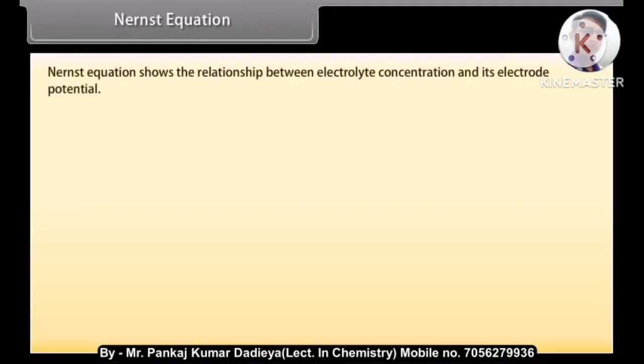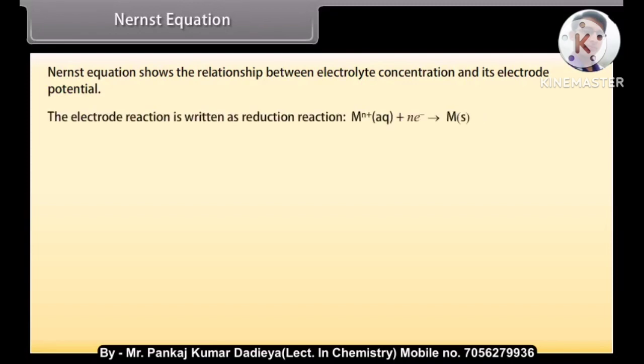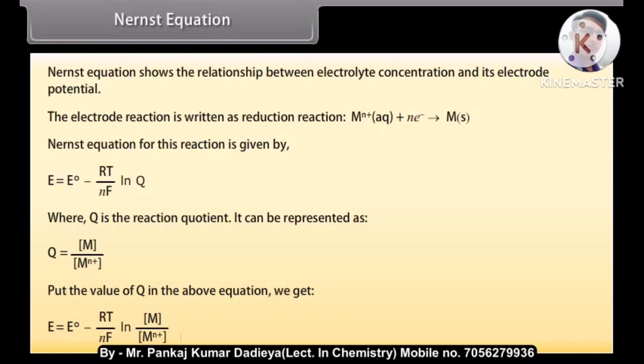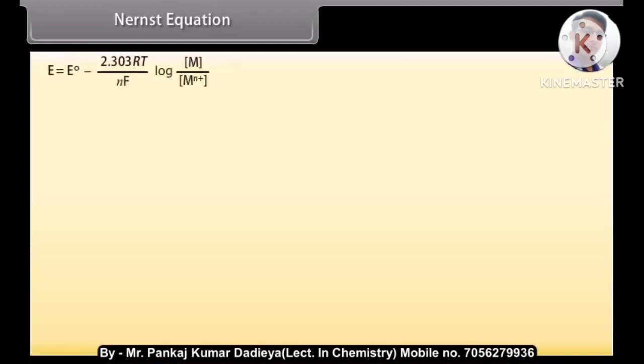Nernst equation. The Nernst equation shows the relationship between electrolyte concentration and its electrode potential. The electrode reaction is written as a reduction reaction. The Nernst equation for this reaction is given by E is equal to E naught minus RT upon nF multiplied by natural log of Q, where Q is the reaction quotient. It can be represented by M upon M ion. Put the value of Q in the above equation. We get E is equal to E naught minus 2.303 RT upon nF log M upon M ion,